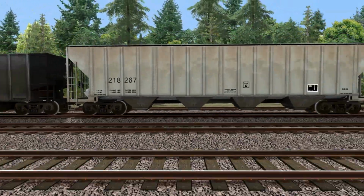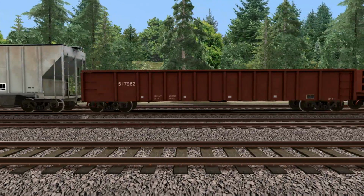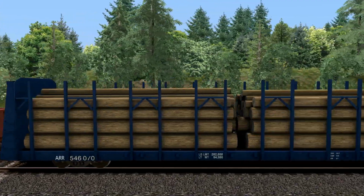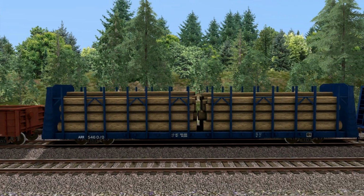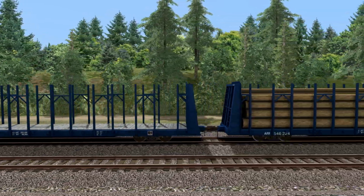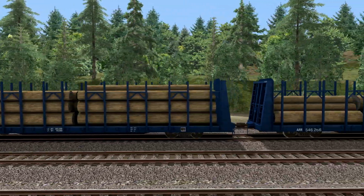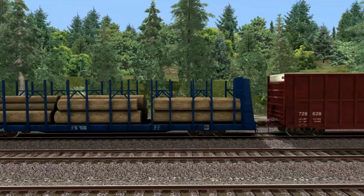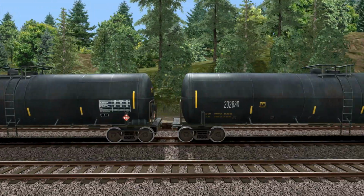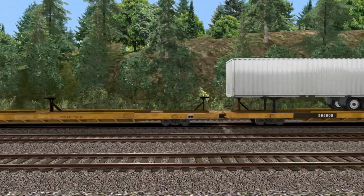white 4-bay covered hoppers, loaded and unloaded versions, red gondolas, loaded and unloaded versions, Alaska Railroad bulkhead flat cars, loaded and unloaded versions, red 50-foot box cars, black tank cars, loaded and unloaded versions, yellow piggyback flat cars, loaded and unloaded versions,